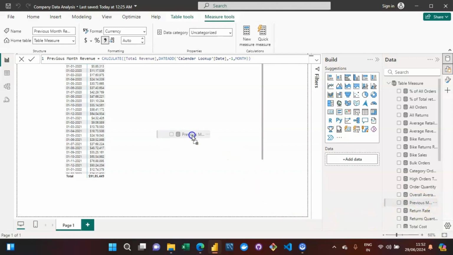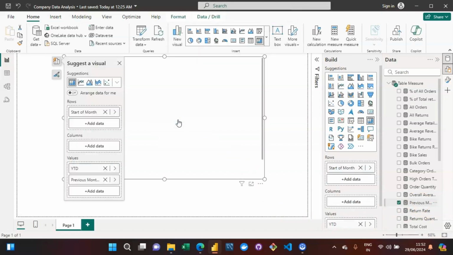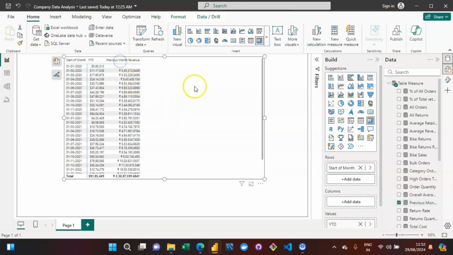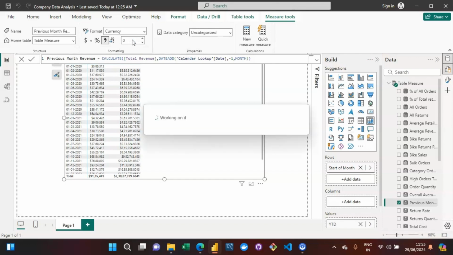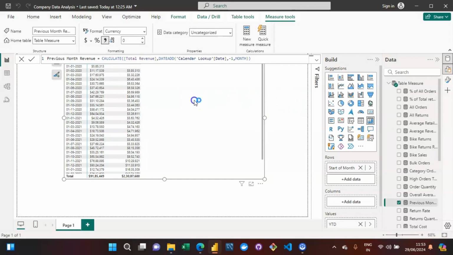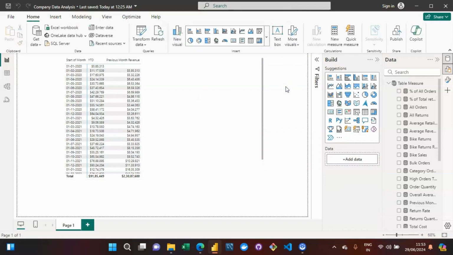Okay, let us drag it and drop it. All right. So again, some formatting change. Every time you have to do this thing, right? You have to keep it in dollars, and the decimal places you have to keep at zero. All right, so you can see the values over here that in the month of January 2020, we were getting the complete revenue that was around